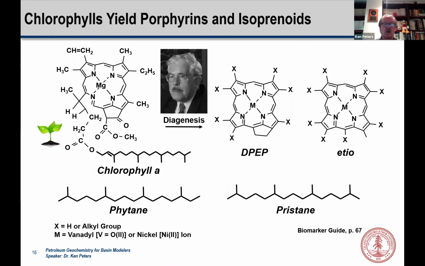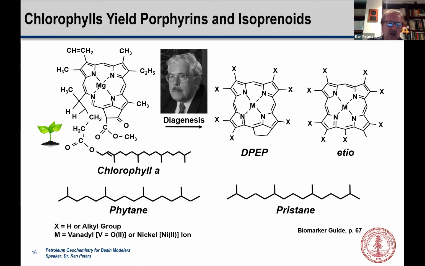So this is Alfred Treibs, and I want to introduce biomarkers to you. I've already talked a little bit about pristane and phytane a couple of times, and I also talked in our first lecture about deoxyphylloerythroetioporphyrin. This is a porphyrin. So here we have chlorophyll in a green plant